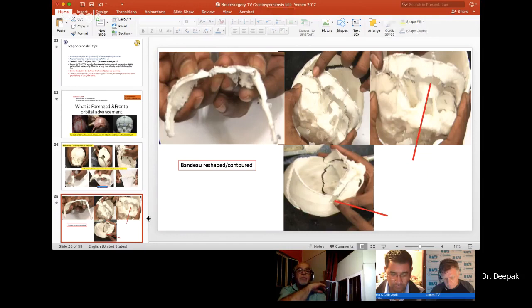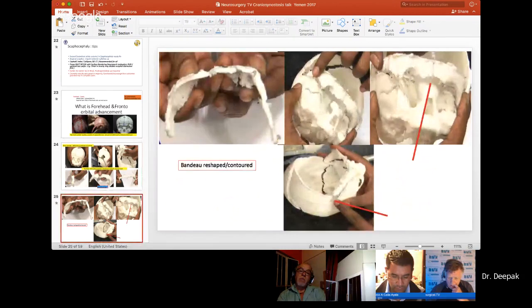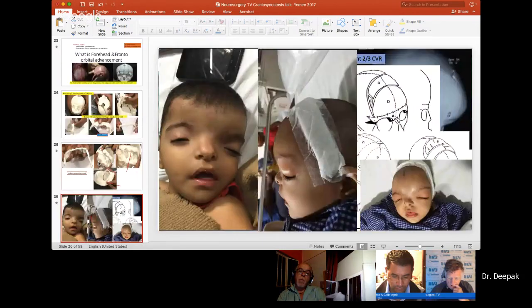So these are the level of cuts, and this is the advancement I have done in the side-to-side plane and in the front projection. You can see I've given a lot of space in the front. By giving this space, the unrestricted growth of the brain, which is maximum in the first 2 years of life, is allowed, giving a good outcome to these patients, apart from the cosmetic outcome itself. You can see this child with a grossly deformed plagiocephaly. You can see before the surgery and after the surgery, a nice contour of the head is being given to the child.